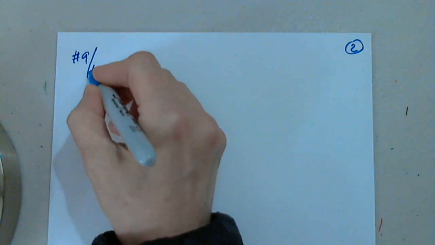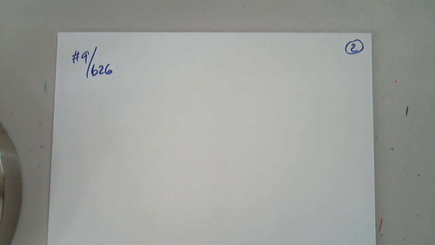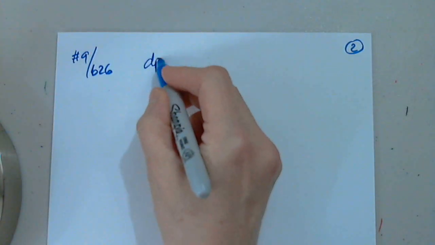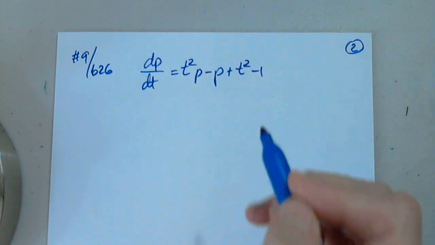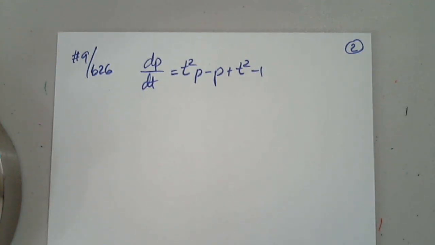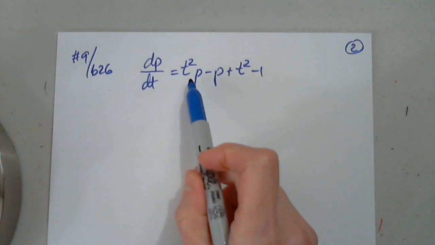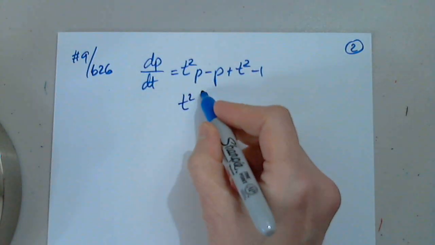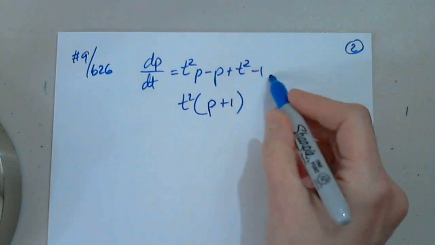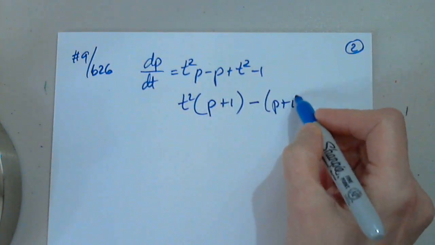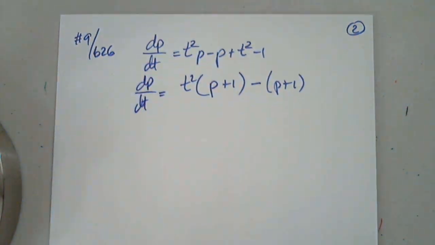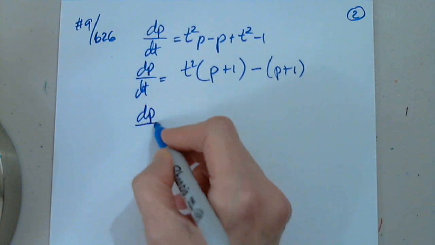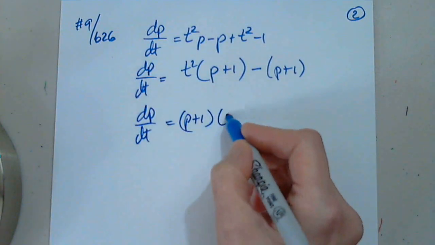That's my page 2. On page 626, we have dp over dt equals t squared p minus p plus t squared minus 1. You may say, well, this looks difficult. Not if we remember how to factor. From t squared p with t squared, I will factor out t squared, and I have p plus 1. And then here I will factor out negative 1, and I still have p plus 1. So dp over dt, now I factor out p plus 1, so dp over dt equals p plus 1 times t squared